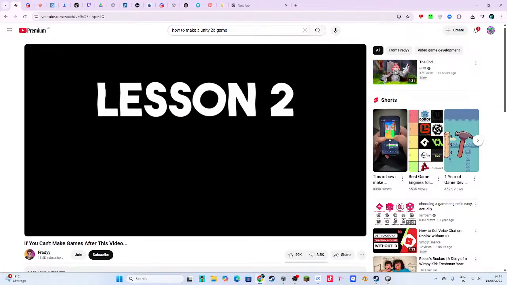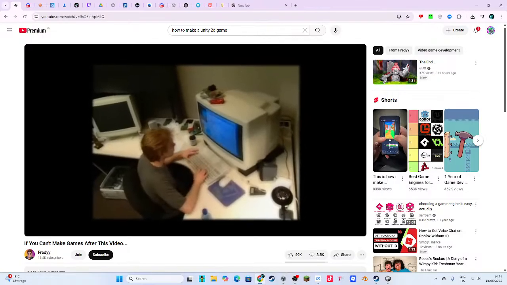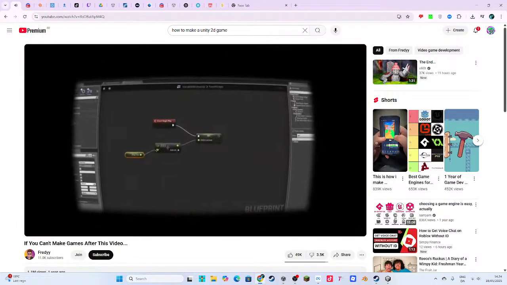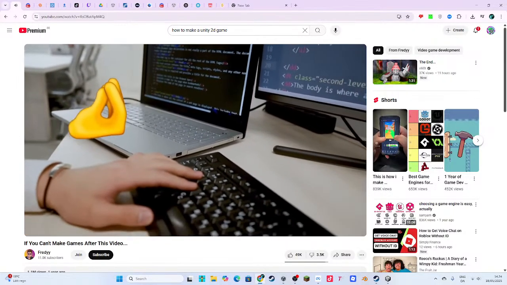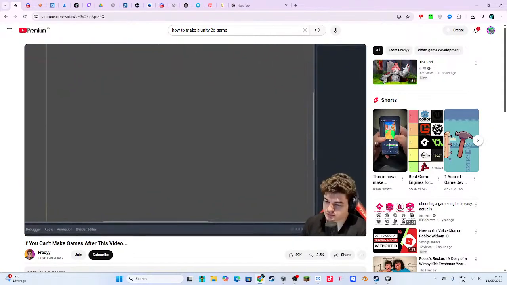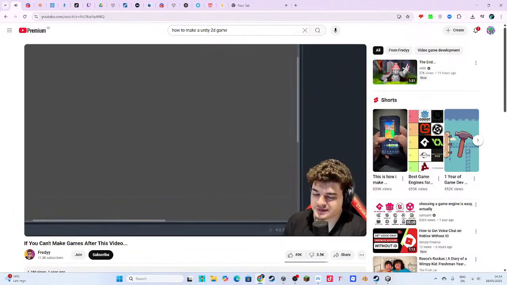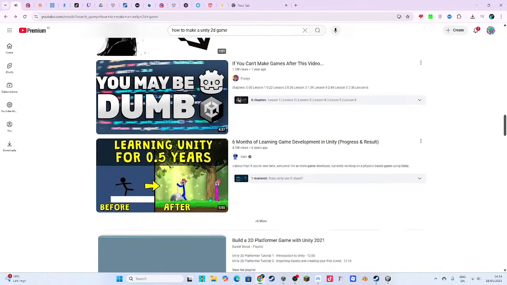Lesson number 2 is, you cannot escape programming. Games are literally computer programs. You can use visual programming languages, but you cannot escape programming itself. And for me, programming is the best part anyway, so why would you run from it? Lesson number 3 is always go in with a plan. Never make the mistake of opening a game engine and trying to learn it without a goal. You're just going to be overwhelmed by the amount of options and information that you need to take in. The first